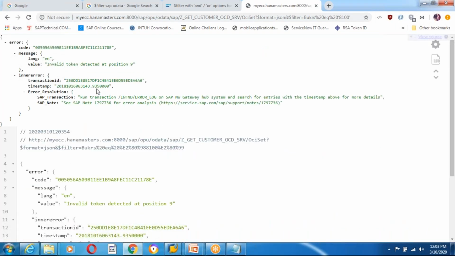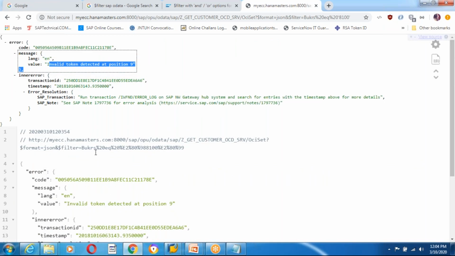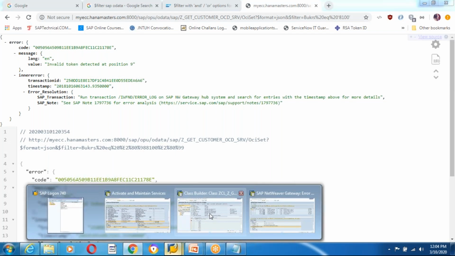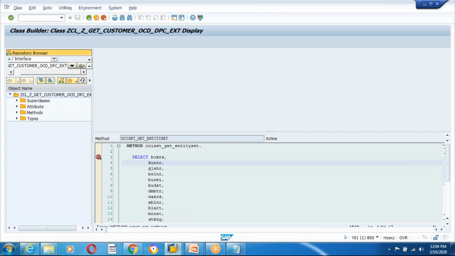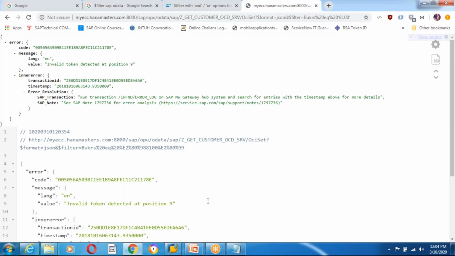Ideally, it should work, guys. See, BUKRS 20 equal. So is the BUKRS field correct? First, I think. Let's see. BUKRS, B caps UKRS, and